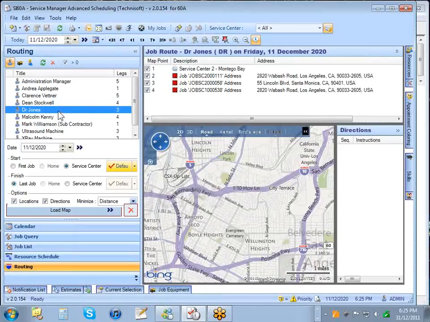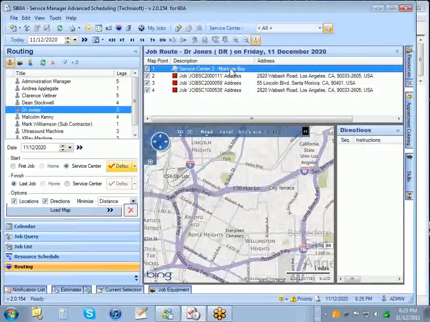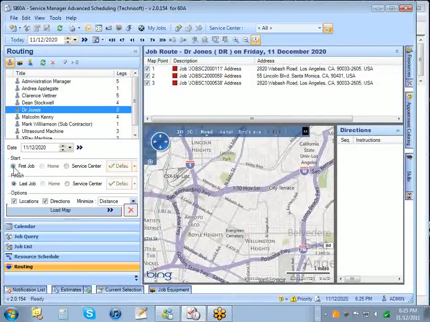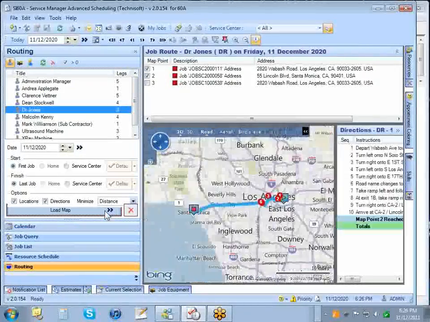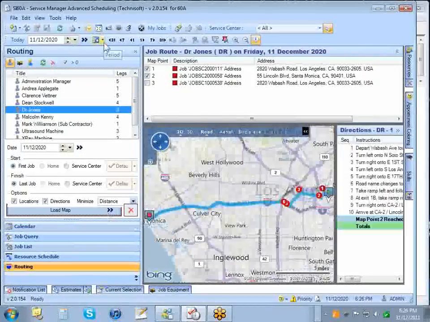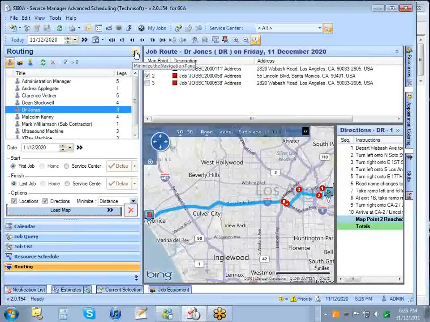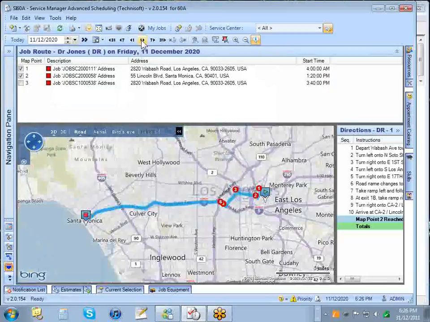Now, we've got Dr. Jones up again, and I'm going from the service center, and you can see the service center was added here, so it would route plan from that service center. If I go back to our first job, we'd be route planning from that first job, press go, and we get directions accordingly. So let's make a little bit more screen real estate by pinning away the navigation pane,